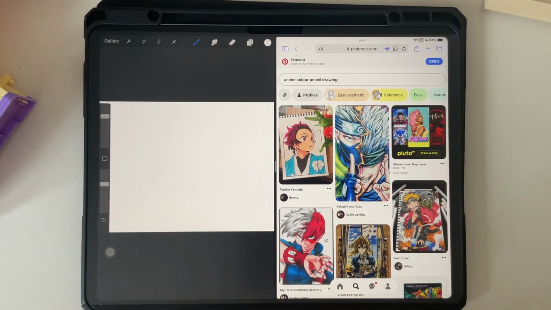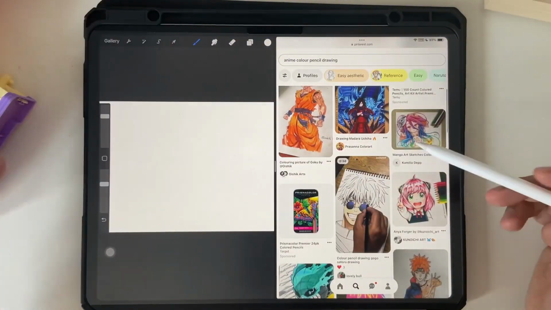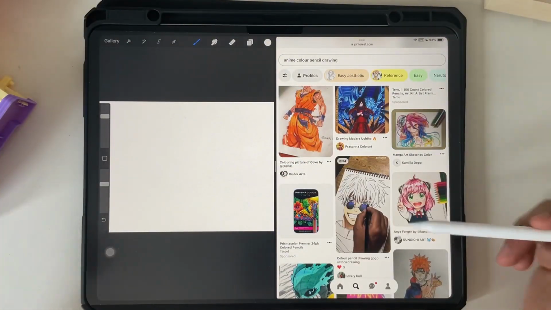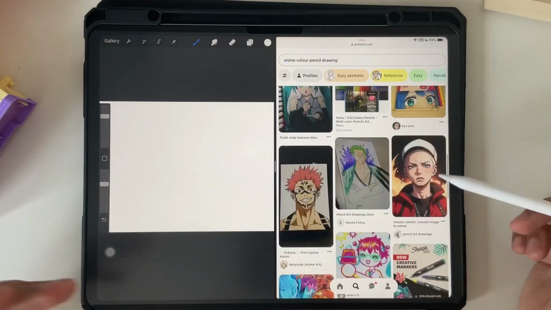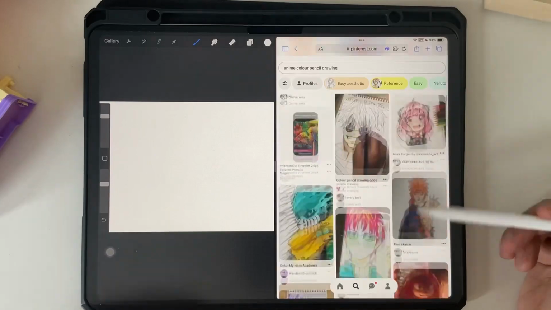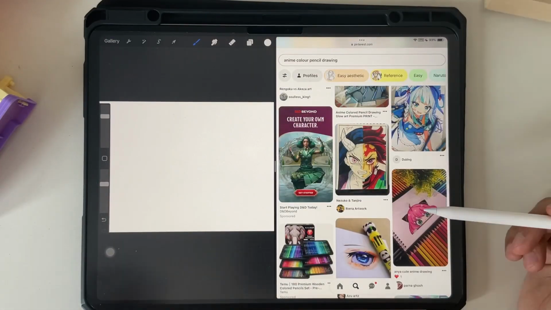Procreate. And I just found an amazing tool to get color in Procreate. Normally, if I want to reference a certain picture, I'll go to Pinterest and search for, for example, anime color pencil drawing, something like that. If I'm aiming for that style, I can browse Pinterest and look for some references, some inspirations of colors,